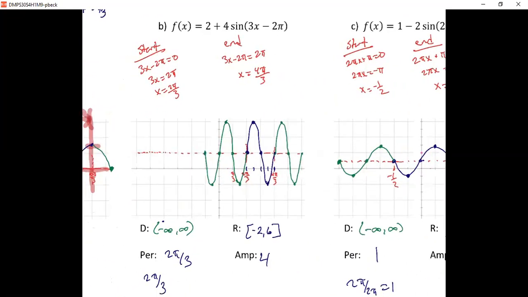For part B, I'm going to start with a vertical shift of 2. From my vertical shift of 2, I'm going to set what's inside equal to 0 and solve, and I get 2 pi over 3. Set what's inside equal to 2 pi, and I get 4 pi over 3. This is a very, very compressed wave. And the reason why it's compressed is because it has a horizontal dilation of 3, so a horizontal compression of